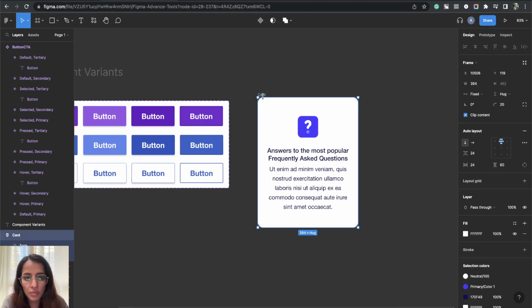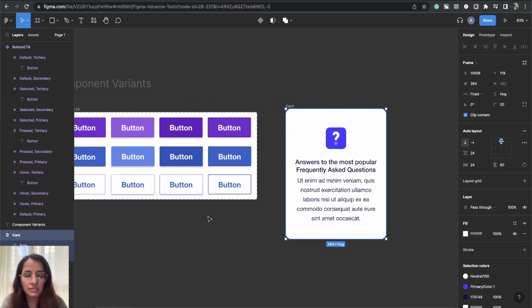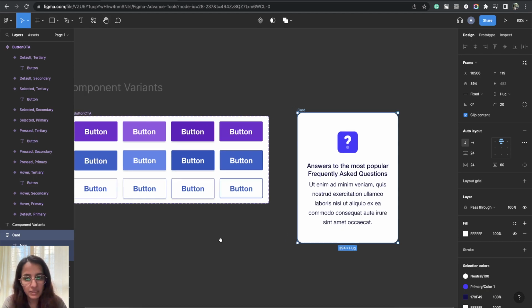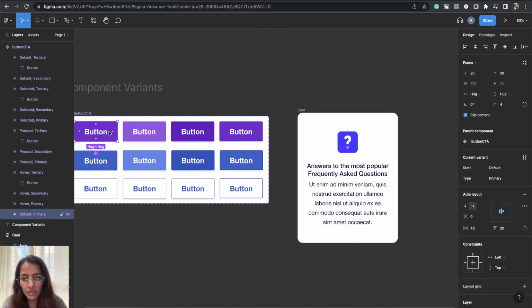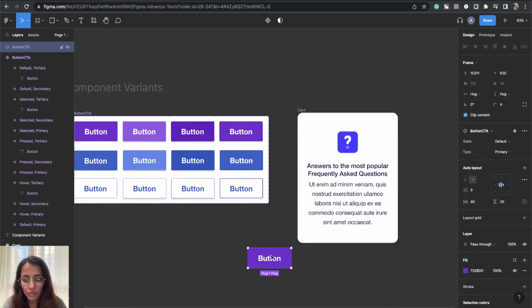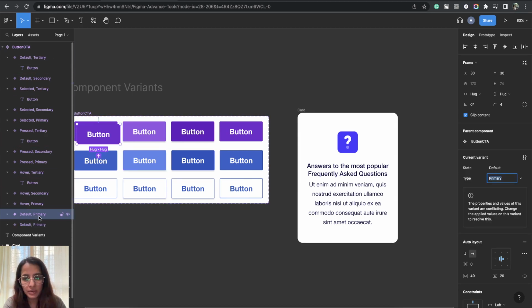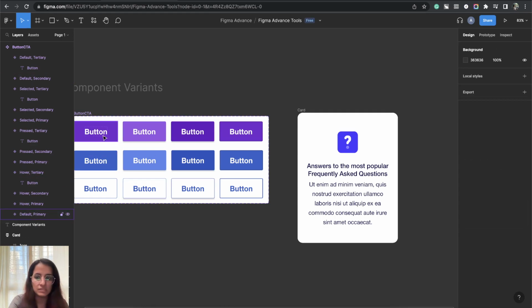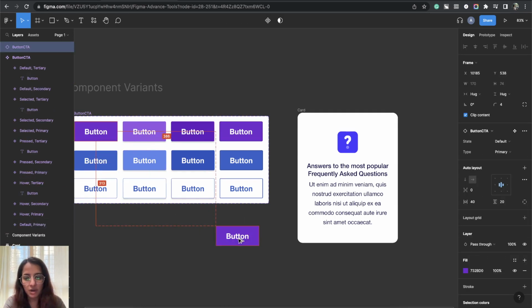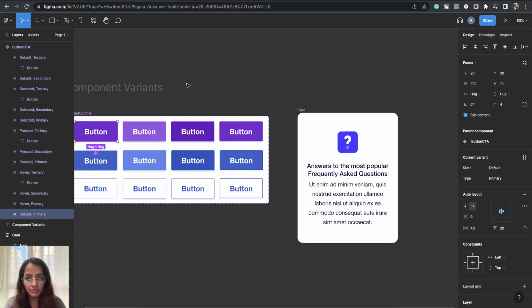So now this is not an instance. It's detached. So I can click here, press the option key and drag it out. If I copy paste it, it will copy the component and create a component. See, it will create a component. So never do a Control C Control V for these. You can press option or alt and click drag it outside, or